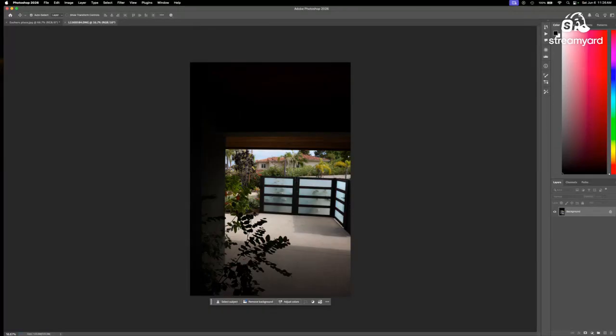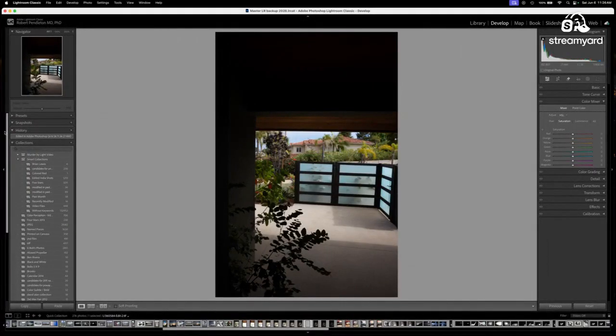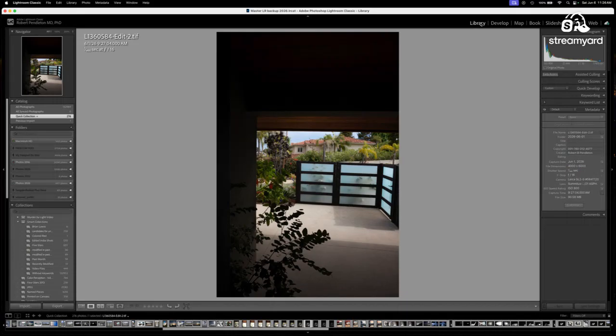Go back to Lightroom. It should have popped up. Yes, so now what's happened is Photoshop has actually modified the image. When the image came back, it came back as a TIFF file. It was edited. It's not exactly the same. Photoshop takes it from camera raw, like I shoot everything in camera raw, and converts it into a format that it can utilize. And when it saves it, by default, it saves it here as a TIFF file.